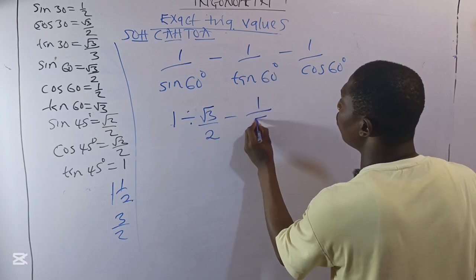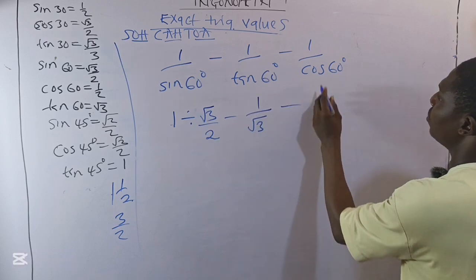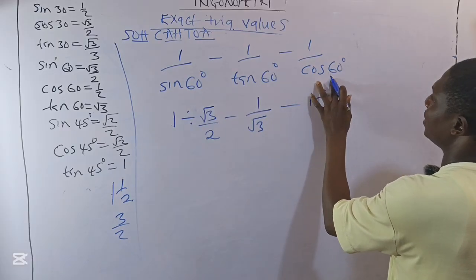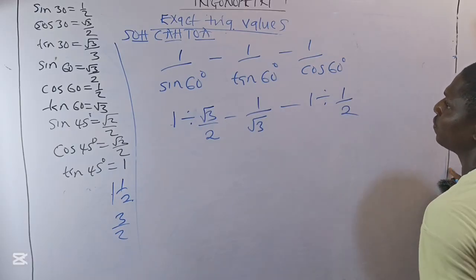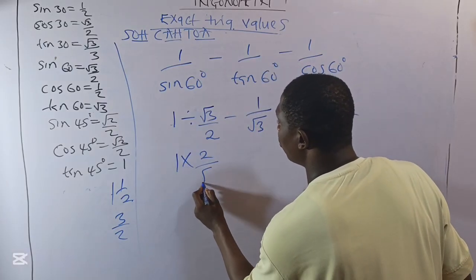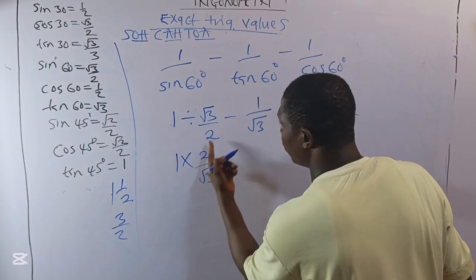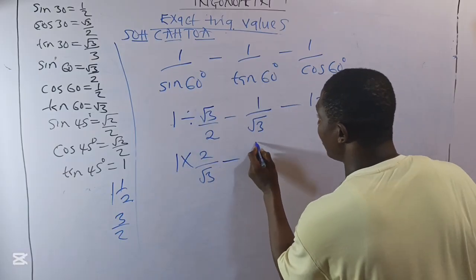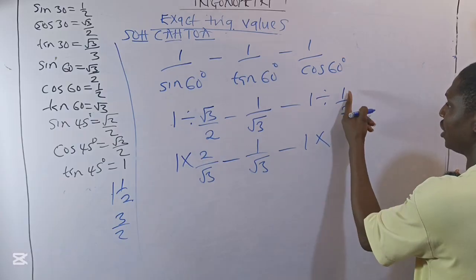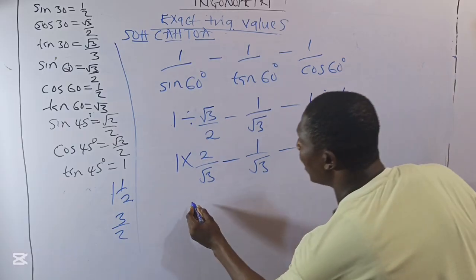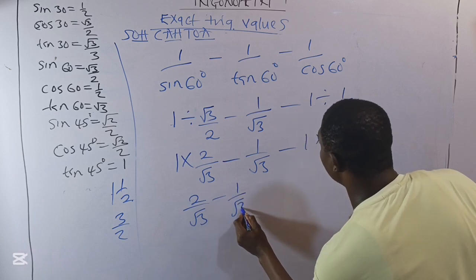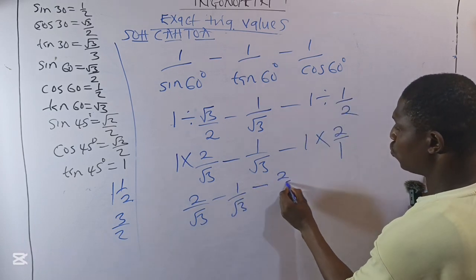root 3. So I have 1 over root 3. Minus 1 divided by, cos 60 is equal to sin 30, which is 1 over 2. Now, this can be written as 1 times 2 over root 3, changing division to multiplication and interchanging the right hand fraction. Minus 1 over root 3. Minus 1, change here to times, interchange the right hand fraction, 2 over 1. And this will give me 2 over root 3 minus 1 over root 3 minus 2 over